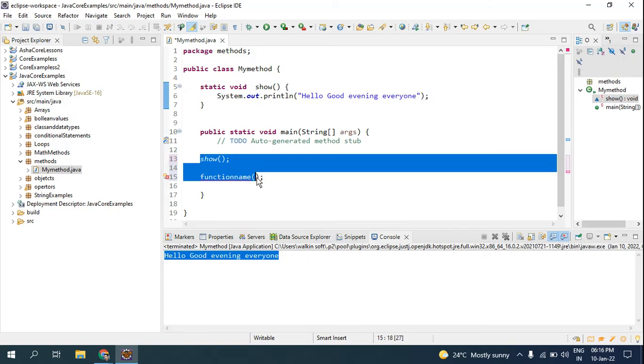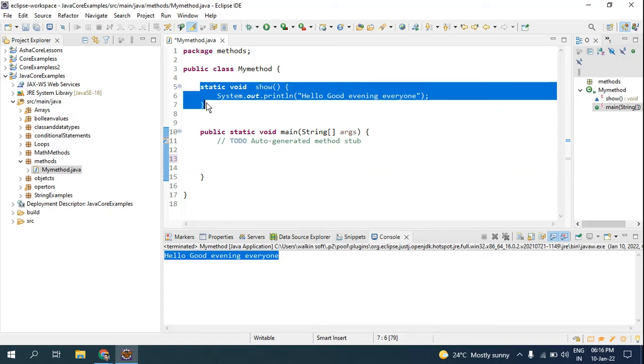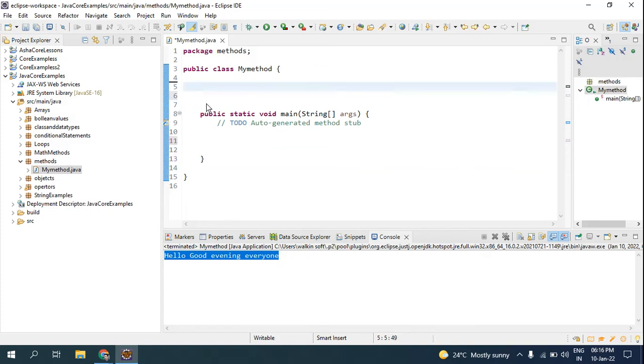So once again, I'll show you from the beginning. A method is a set of code which only runs when it is called. So how to create a method? You use the name, show, then the parentheses, then the curly bracket. This is how you declare a method. But in Java, you have to use keywords. For now, I'll be using static void, because whenever you declare a function, you need a return type. For now, I'm not asking my function to return anything, so I'll be using void. I will tell you what to use instead of void if I am expecting a return type.